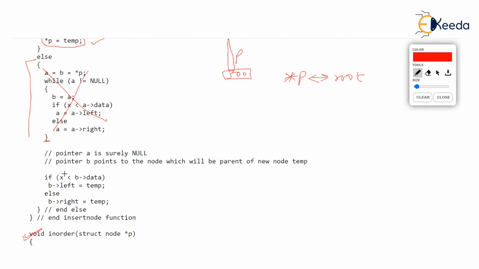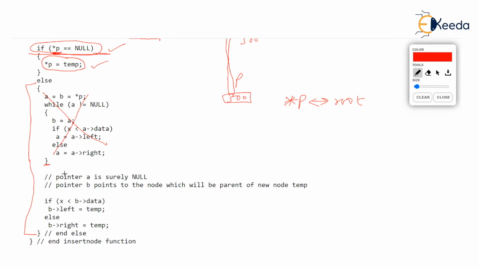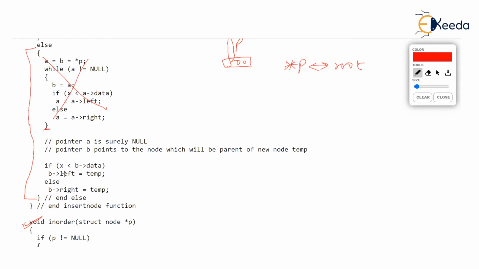This entire big else section will be skipped, because if was true. What if was true? If root is null was true, isn't it? So root pointed wherever temp points, and the else got skipped, and we have come to the end of insert node. Good lord, what an easy function. We have not done anything. Most of the lines in the else have got skipped, because if was true.